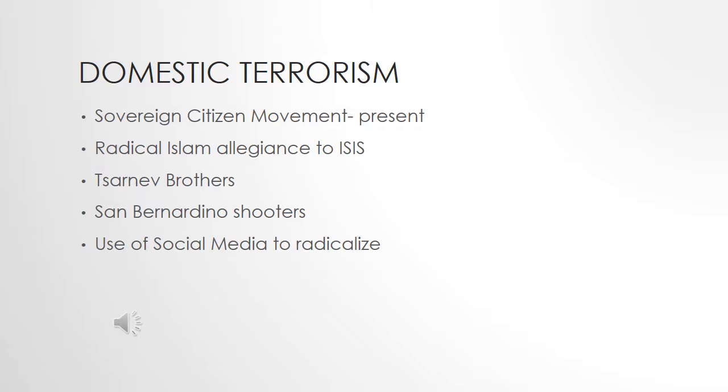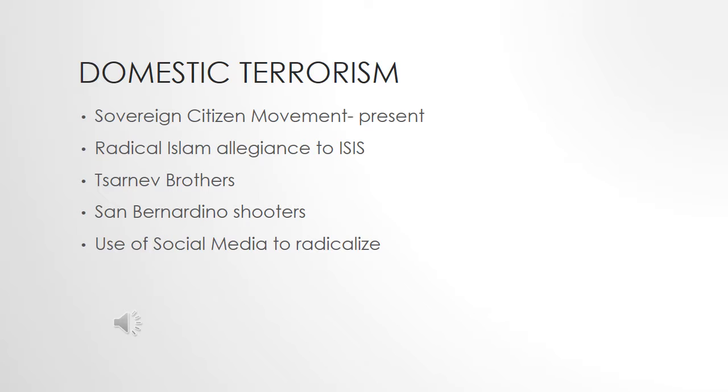ISIS is a terrorist group that actually controls portions of Iraq and Syria, and they use social media to radicalize people. All right, and what we mean by radicalize is to become radical and to carry out acts of violence, and to have ideas that would not be considered mainstream. So, for instance,